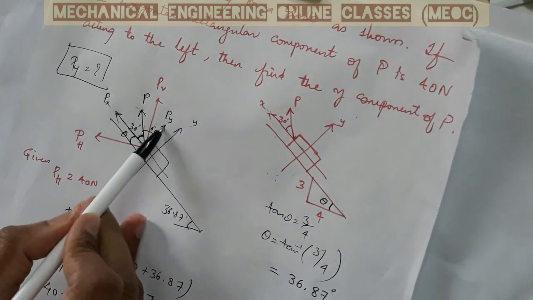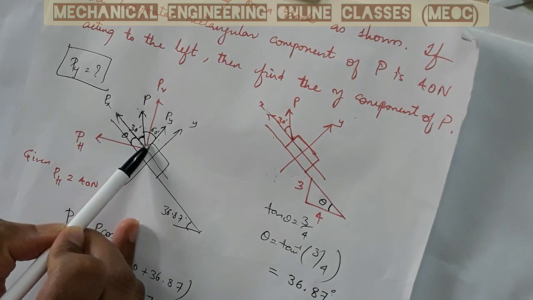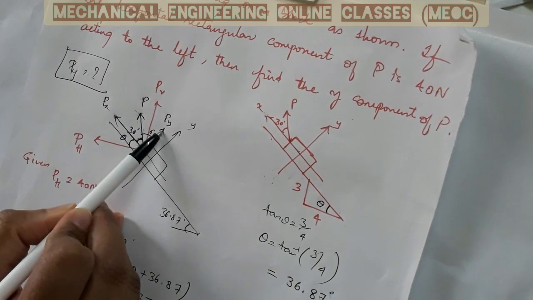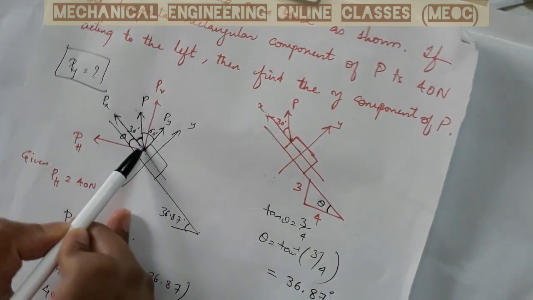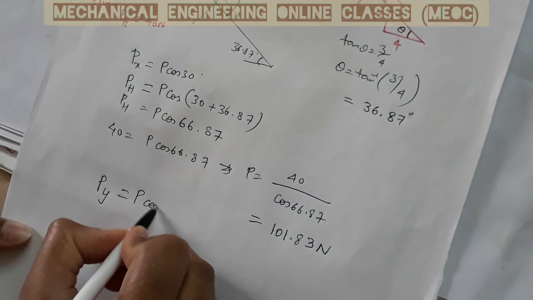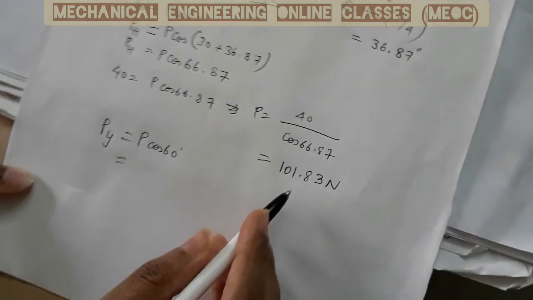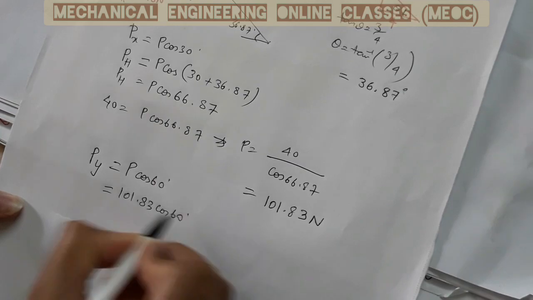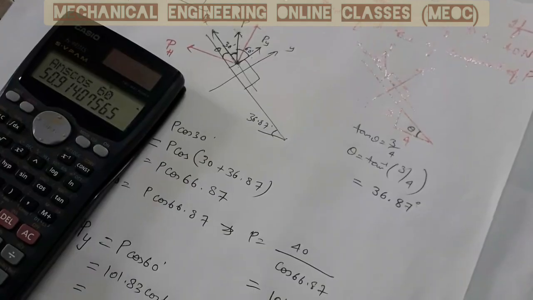What will be the adjacent side? I know this is 60, so PY is P cos 60. P is already known to us, it is 101.83 into cos 60, which comes out to be 50.91